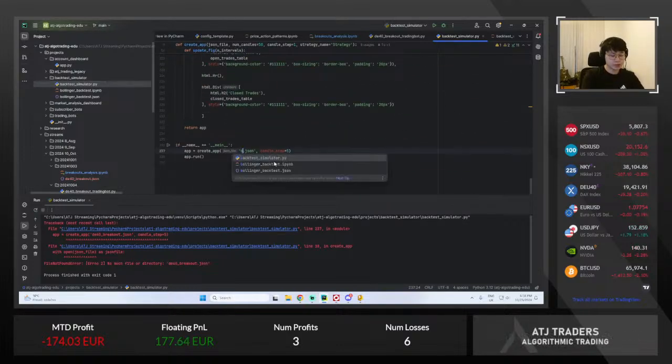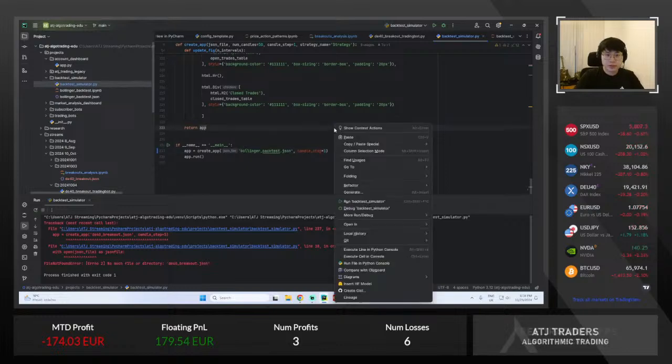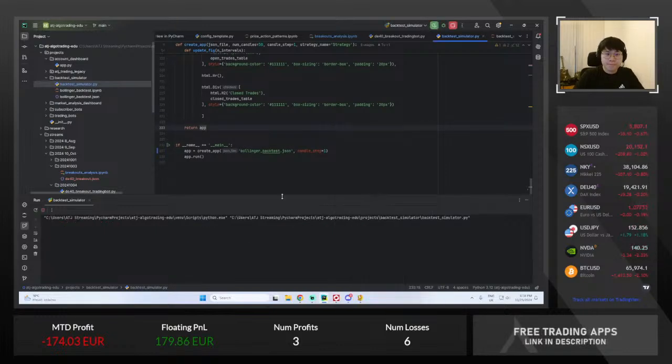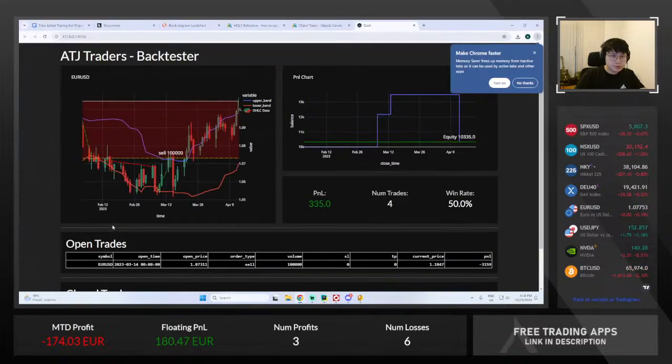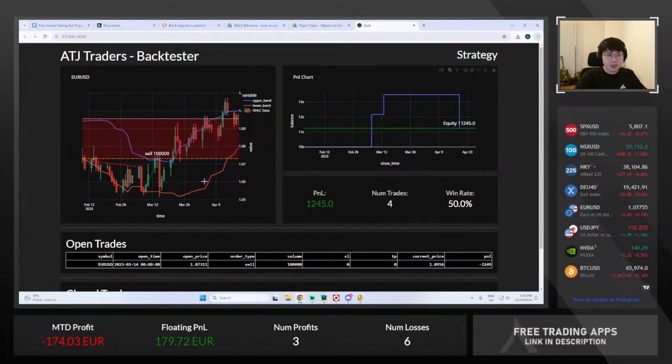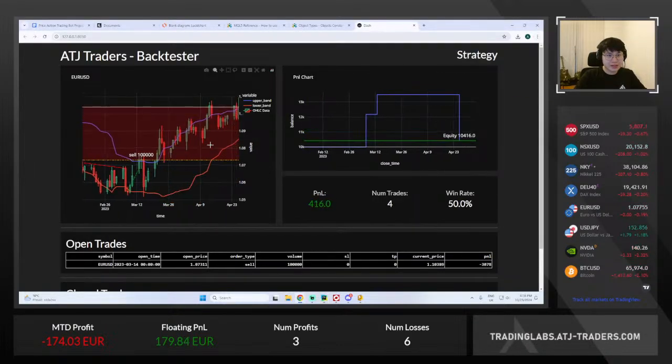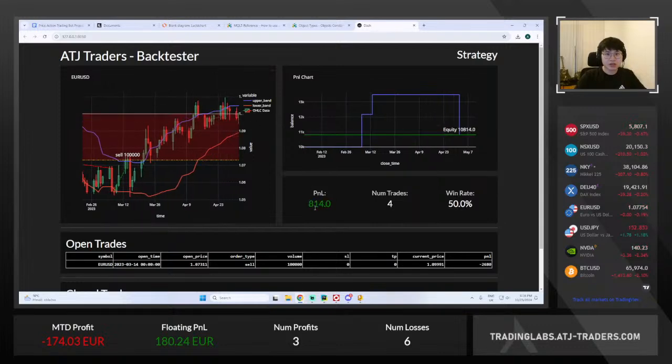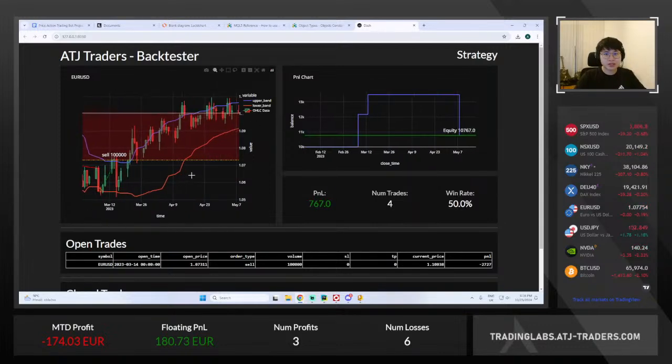Bollinger backtest. Okay, let me just show an example. So I was able to create something like that, where you have the indicators, the lines, and so on. So you are able to draw all these indicators, but